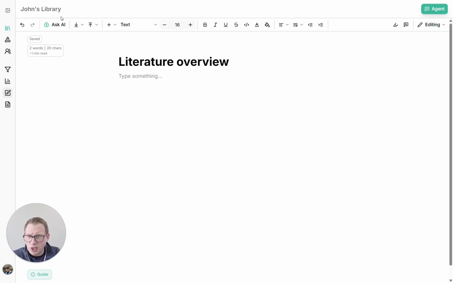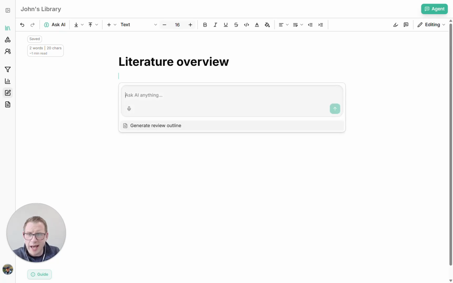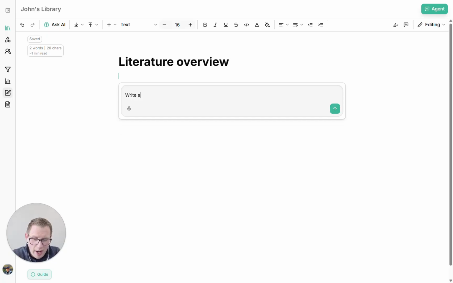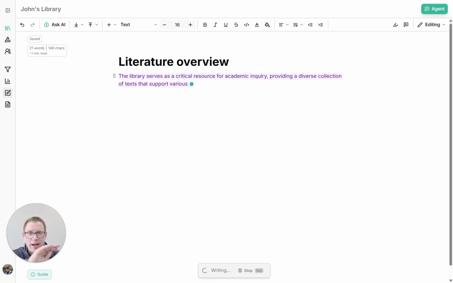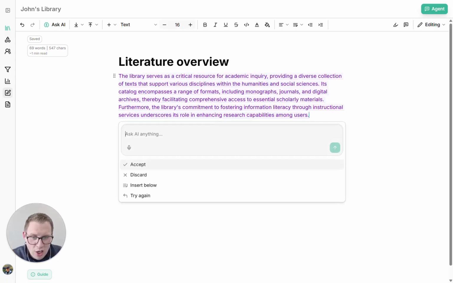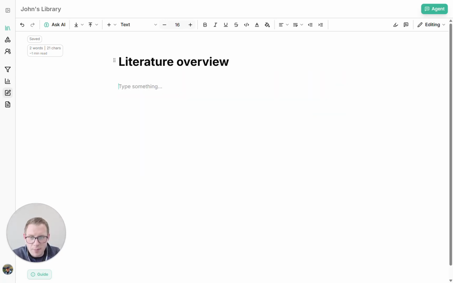And then first thing I'll show you, you can use the Ask AI feature to actually automate the preparation of a sentence or section. You don't want to use it for a whole assignment or a whole paper, but in this case, I might say, write a 3-sentence overview of my library. Okay, that'd be the most straightforward one. You might want to put in some more context, but what you'll get back is a response that goes one sentence at a time. And then ultimately, you're going to have the opportunity to either accept this or reject it or try again. In this case, I'm just going to go ahead and discard